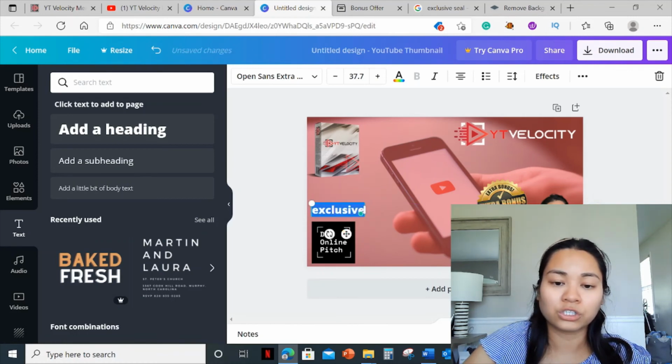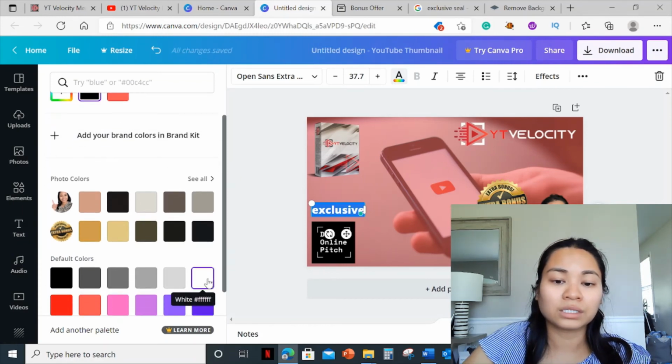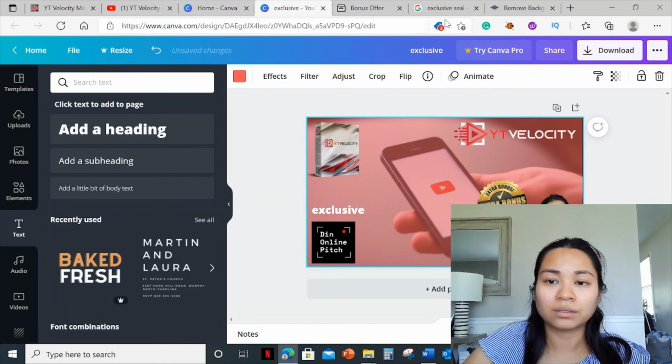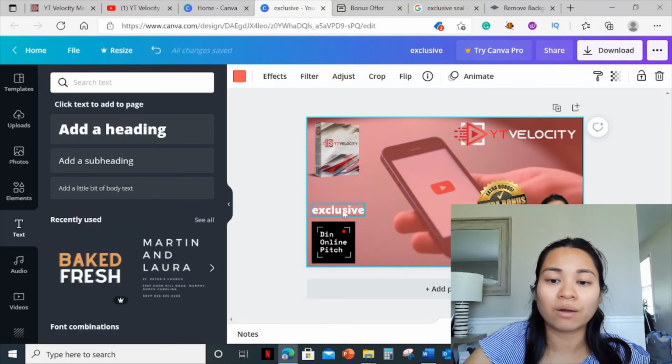Okay, and then just change the color to white so that it's not just all black. There you go, just like that. And let me see here. Looks like, yeah, see, I use white. It's just easier to read that way. Now next would be